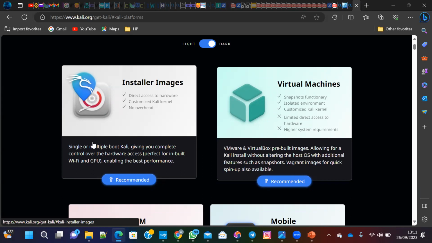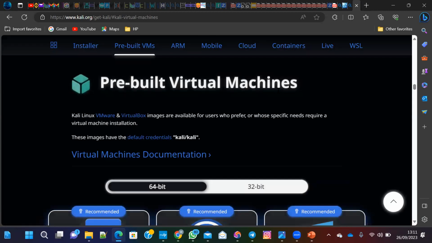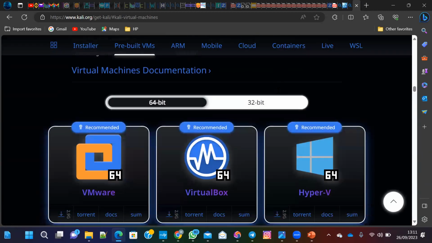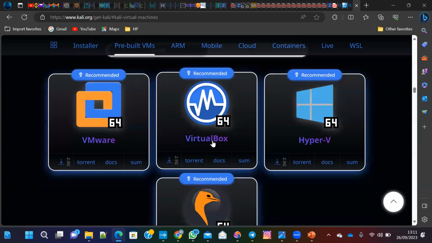operating system, you don't need this. But this is for those who are using Windows operating system. The essence of that is for you to have a compartment for the Kali operating system to run on the same laptop. What that means is on your laptop, you will have Kali on it, and you will also have the Windows operating system. So you click on Virtual Machines, it takes you to the next page, you will see VMware and